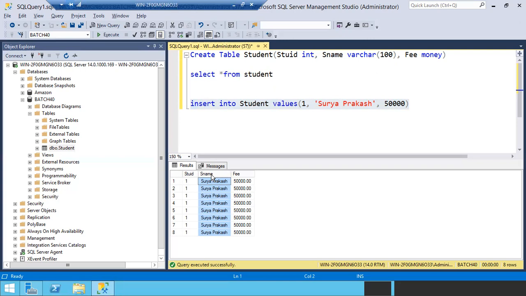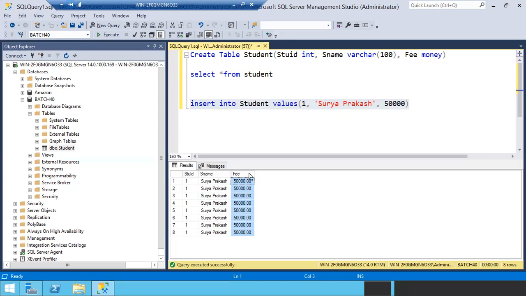If you create a primary key on the fee column, it won't accept 50,000 again, even though all students' fees are the same. So what is the best column to create a primary key in these three columns? Student ID, sir. Student ID. You cannot create the primary key on the student name or fee. Why? Because student names can be duplicated, fees can be duplicated, but student ID can't be duplicated. So this is how usually we create the primary key. I'll let you know how to create a primary key.